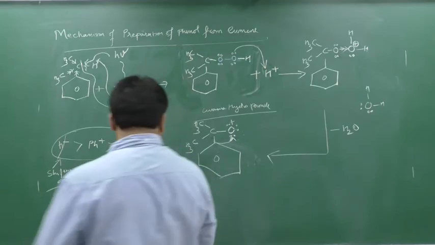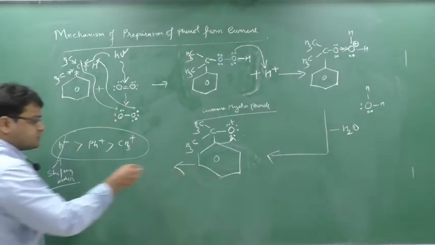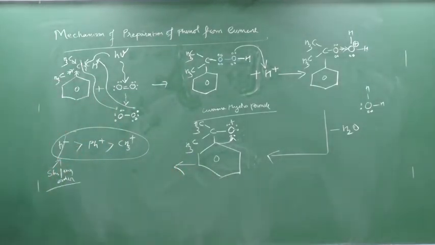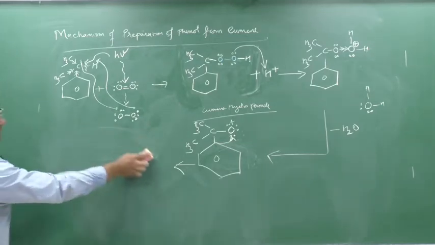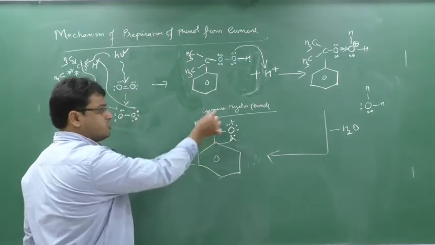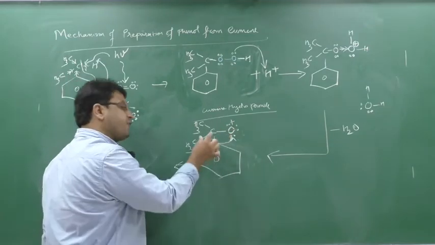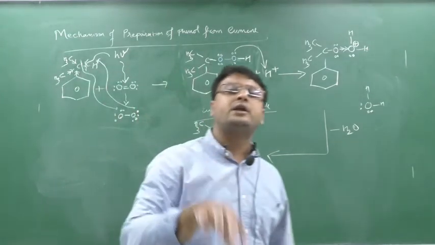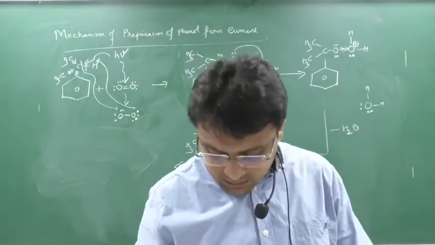So what change will occur? See, I am writing here. Take a screenshot first up here. Understood, no? This part is clear. So phenyl should shift, not the methyl. This MCQ will be asked. Now for this oxygen, either this methyl should shift or this phenyl should shift. Phenyl will shift, not the methyl, because phenyl is more stable to shift than the methyl.